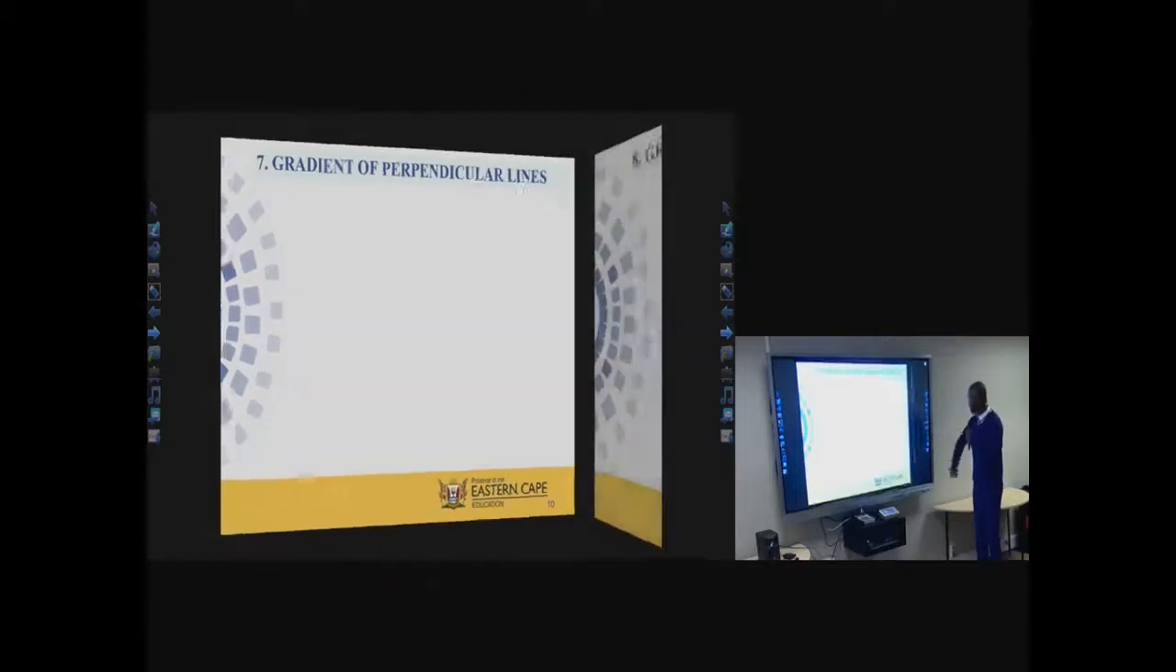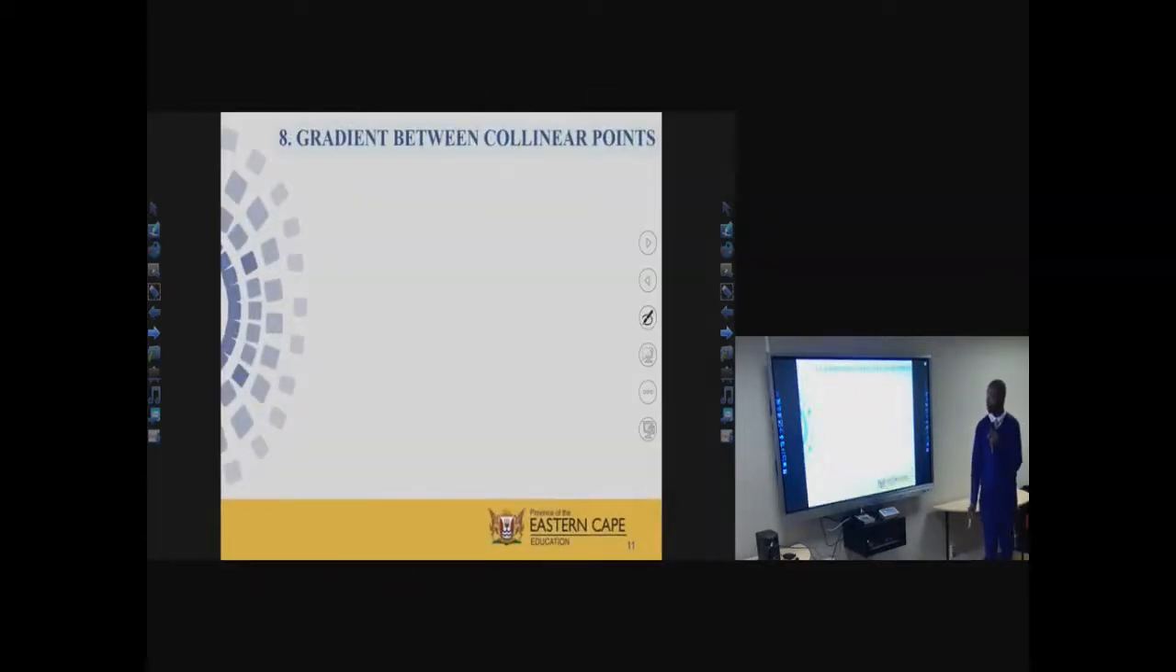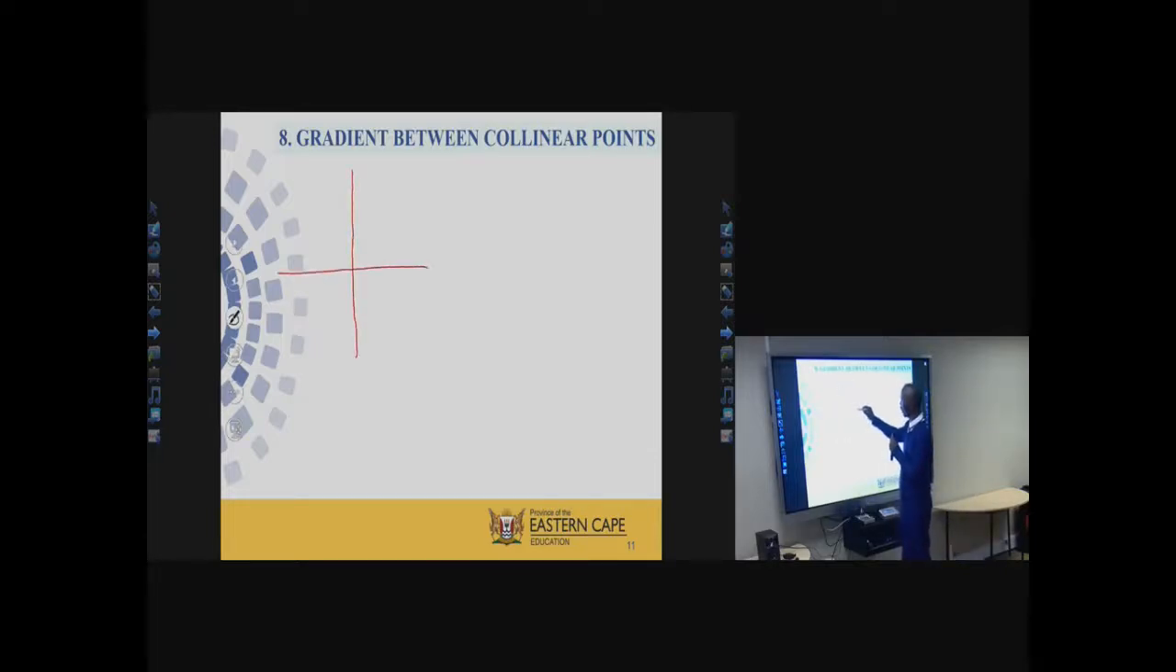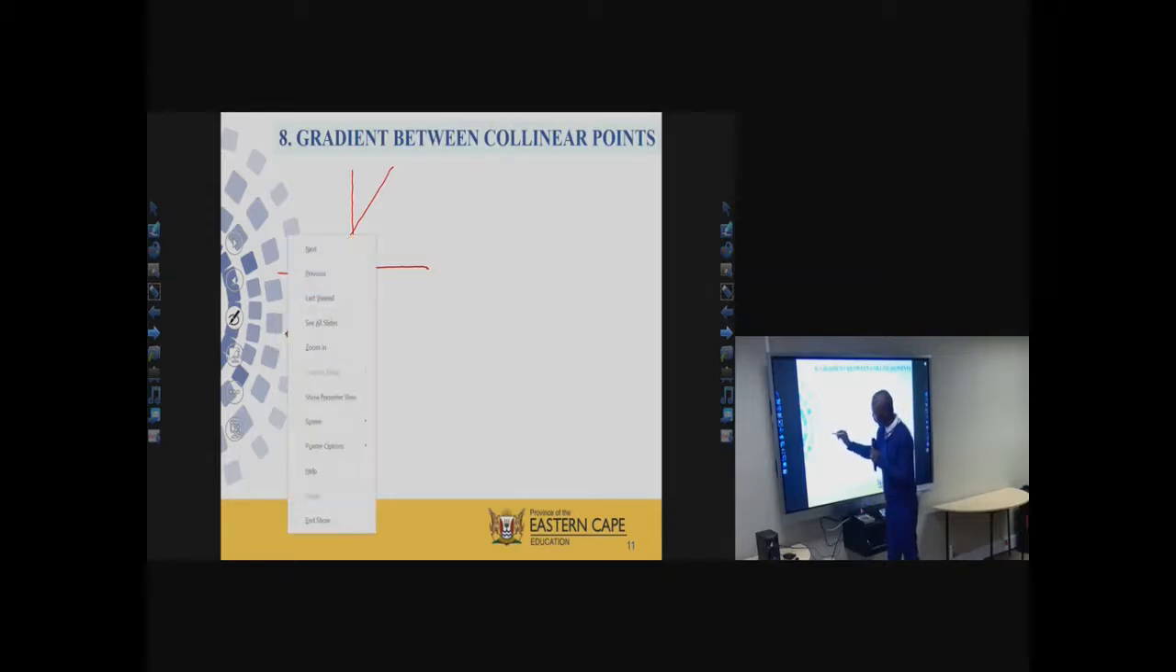Then the last thing that I'm going to talk about under those 10 points is the gradient between collinear points. Now, the first question will be, what are collinear points? It's very easy, Mfundi. Collinear points are the points that lie on the same straight line,